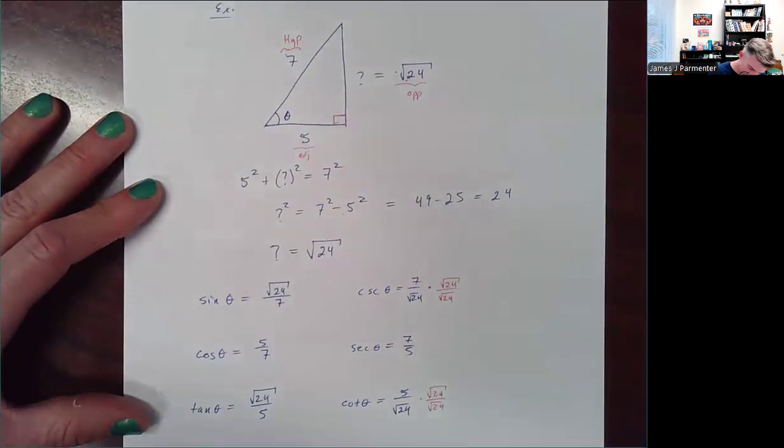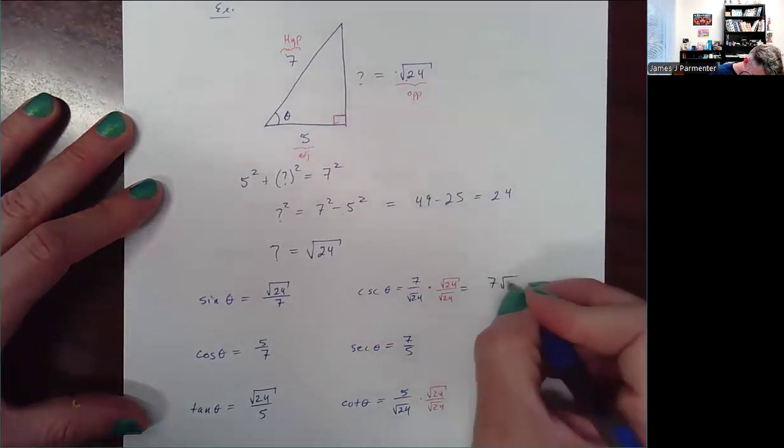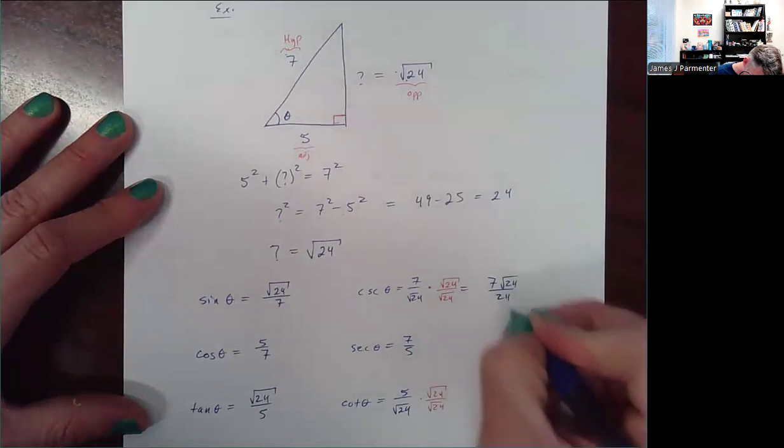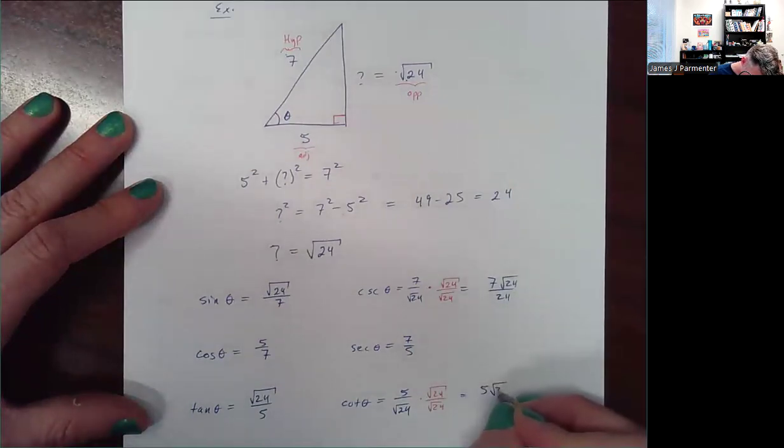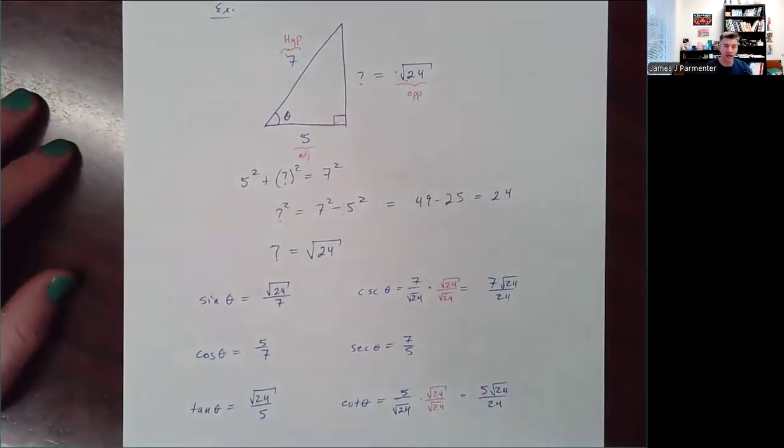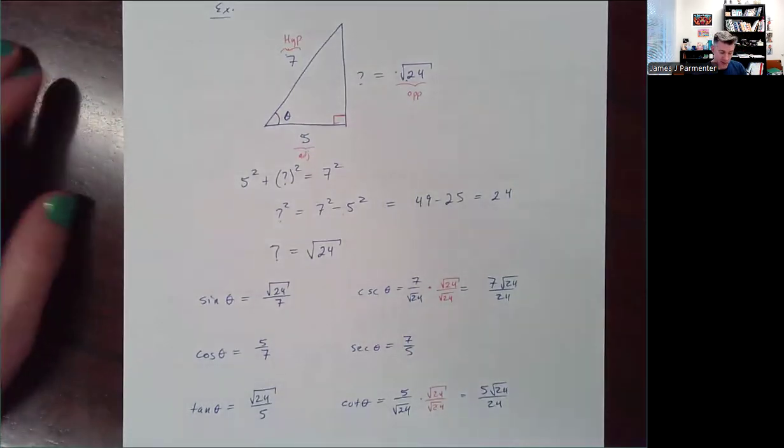I end up getting 7√24/24 and 5√24/24. There you go. So finding the 6 trig functions of a particular angle in the right triangle is usually